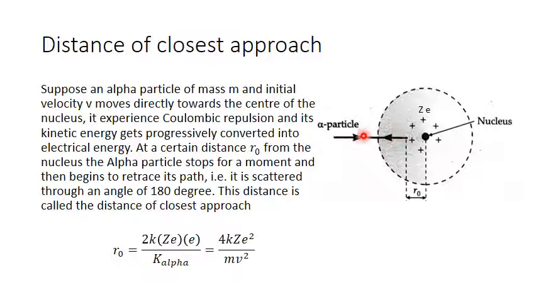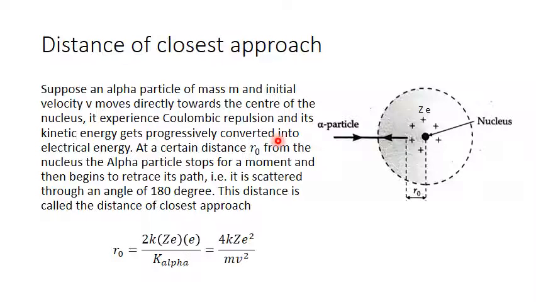So what do you observe is, as the alpha particle slowly approaches the center of the nucleus, what happens? All of its kinetic energy, the kinetic energy due to its motion, is being converted into electrical energy, which results in a repulsion of this alpha particle, hence causing it to move backwards